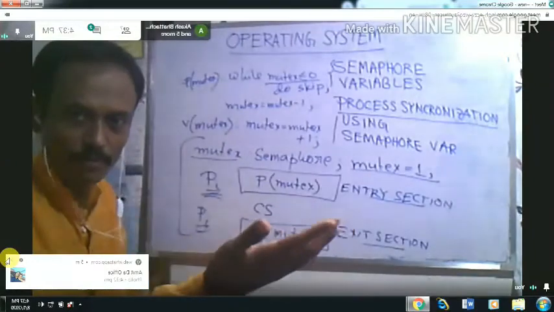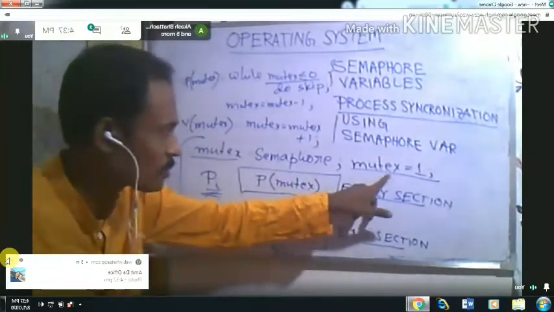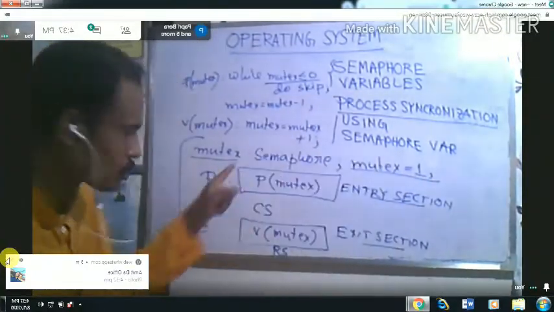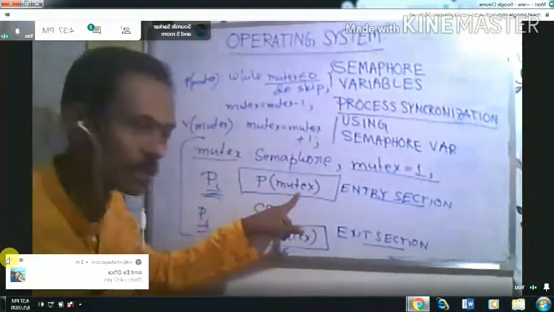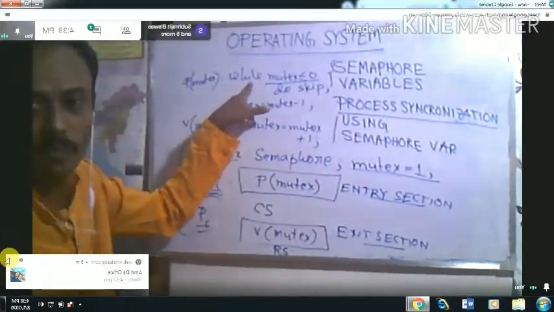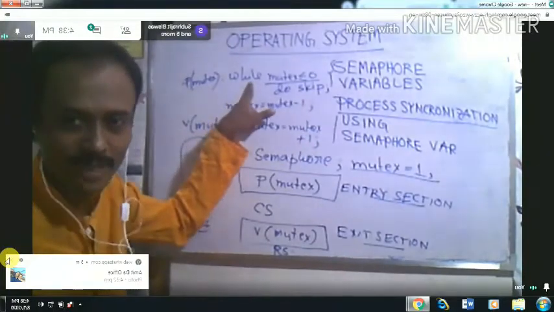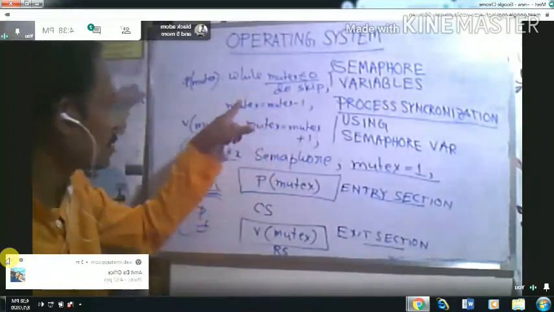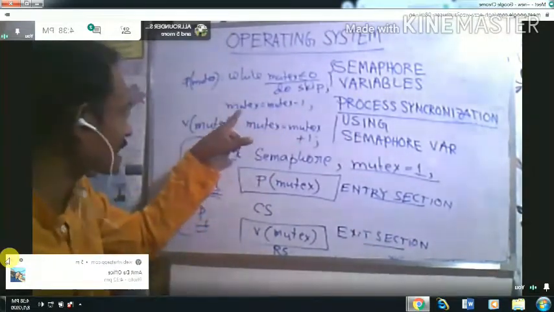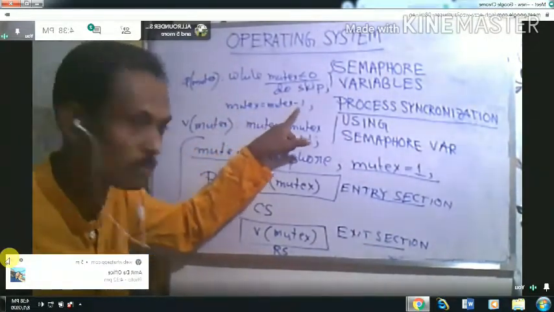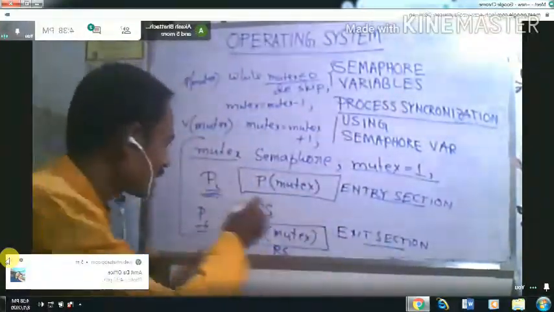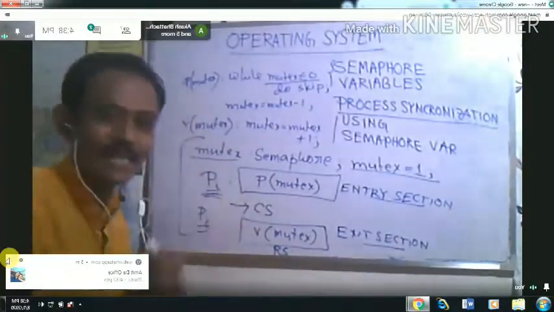But here, as the mutex was initialized as 1, when the PI process executes the P operation, it can break the while loop. Then it will enter into the second statement. So what is the second statement? Mutex equals to mutex minus 1. So then mutex will be 0, and it will enter into the critical section.